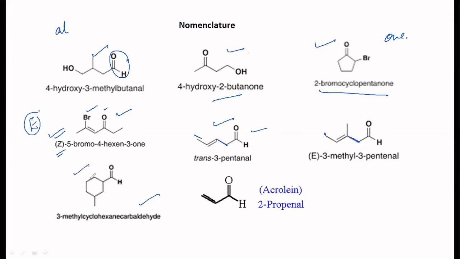Okay, so this is also a simple aldehyde, 3-methylcyclohexanecarbaldehyde. That is what you are going to use. So if it is an open chain compound, you are going to use -al like this. For a cyclic one, you are going to use this. Acrolein is also an unsaturated aldehyde, so 2-propenal it is. This finds application in polymers. Okay, so that is how they are important. Nomenclature is also important.